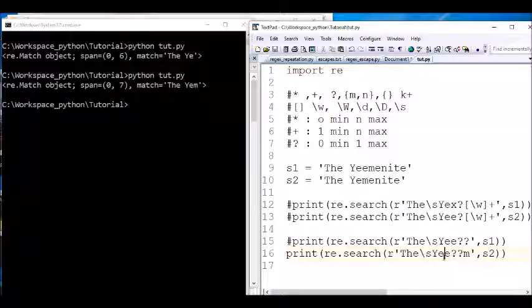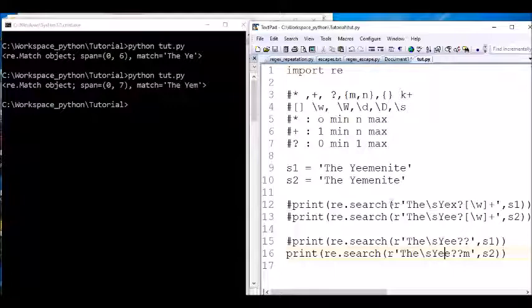So the last E here, we said E doesn't matter, 0 or 1. See here, it exists here, but it accepts the condition as if it doesn't exist. Then it says YE, and the second E doesn't exist here, which means 0.